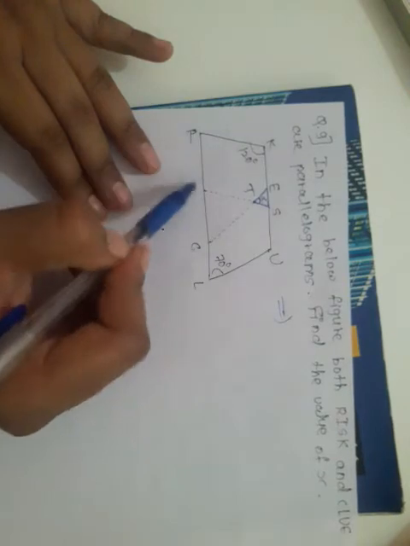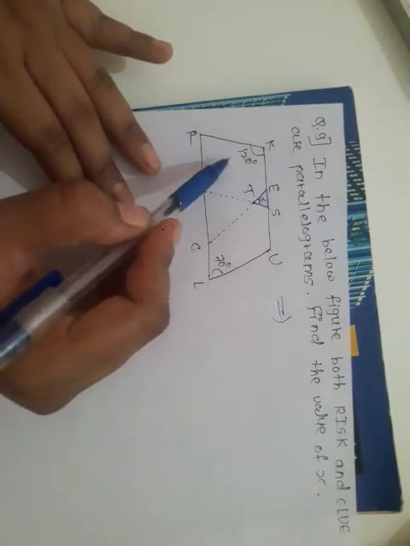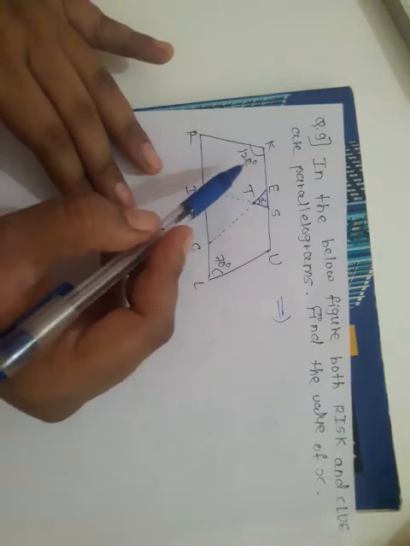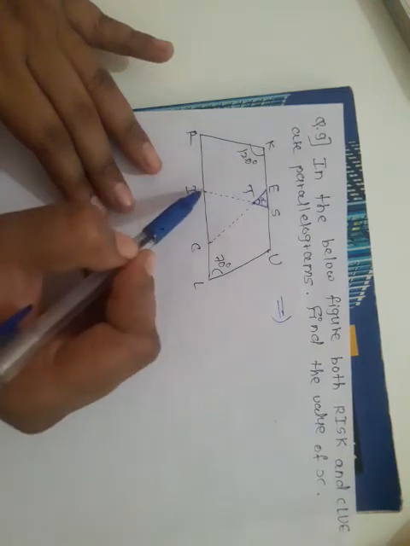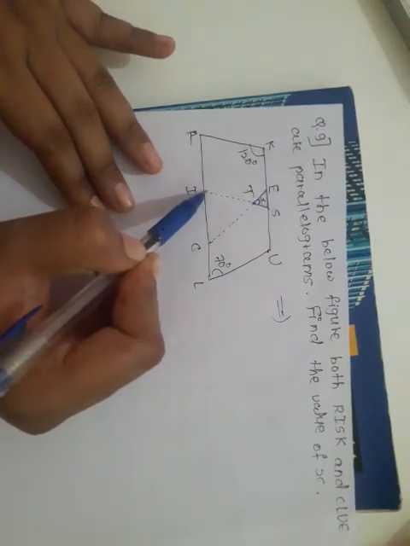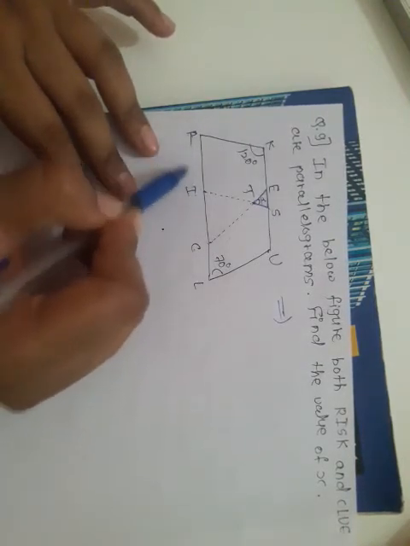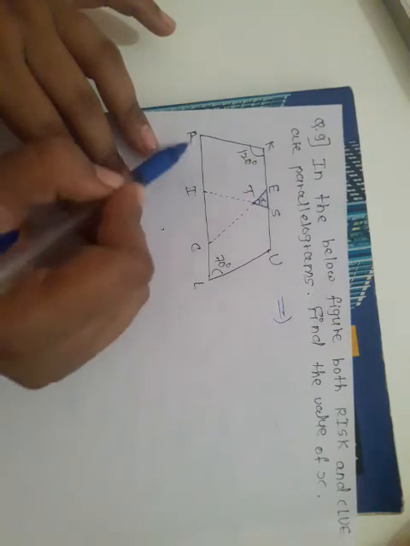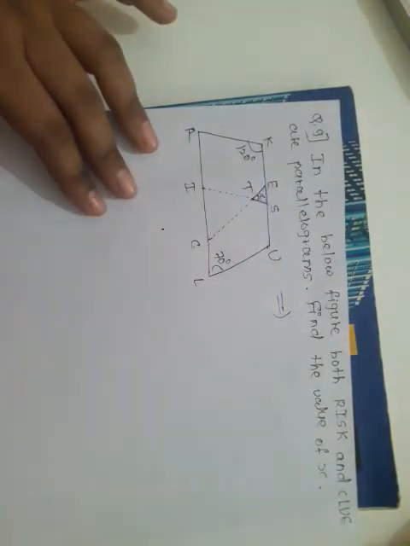See, in this RISK, only one angle is given to us, angle K. But we know that the opposite angles of a parallelogram are of equal measure, which means the opposite angle of angle K is angle I. So angle K and angle I are opposite angles, and therefore angle I is of measure 120 degrees. Again we know that adjacent angles are supplementary, meaning the sum of the measure of these two angles is 180 degrees. So take it step by step.